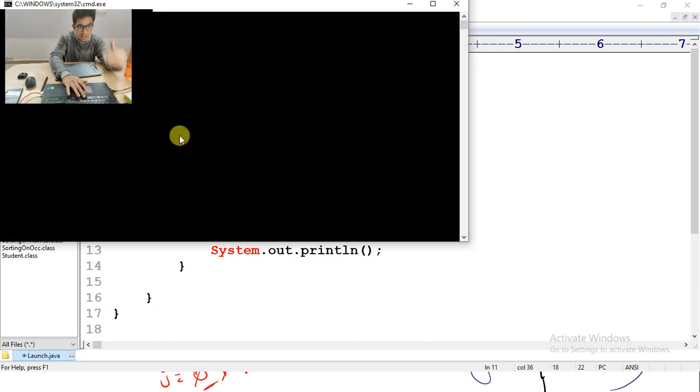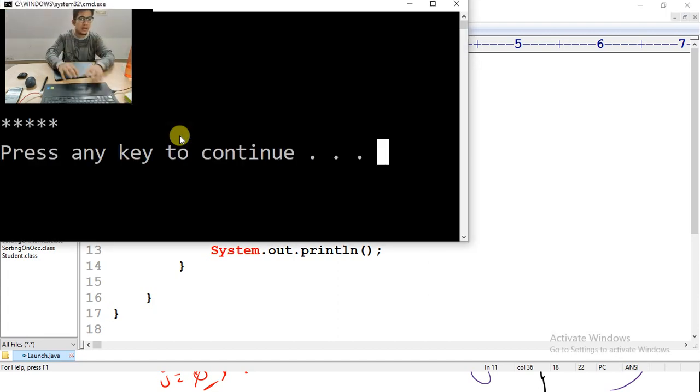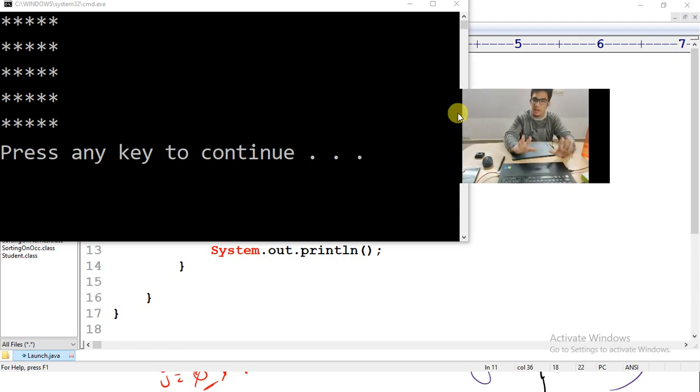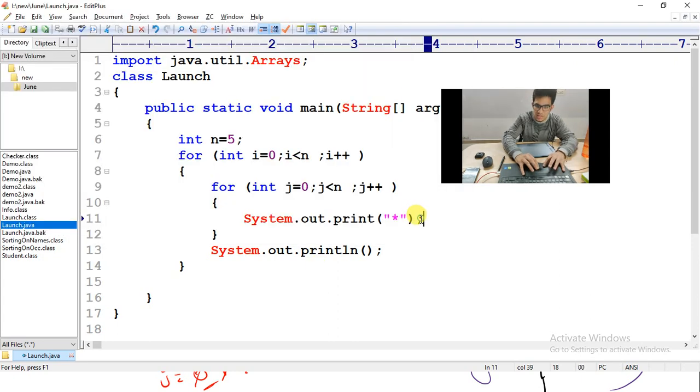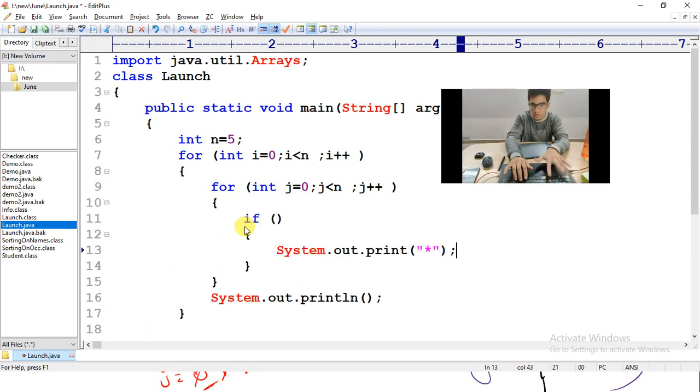Once you know that till now everything is proper, because when you go wrong you'll get more confused, wondering where am I going wrong. To prevent that, first you do small code. You are getting a 5 cross 5 star, which means whatever I did till now is correct. Now I want to draw the letter C, so I want stars only in some area. Do I want stars everywhere? No, I don't. That is why I'll cut this. I'll say, if some condition is true, then only print that star.